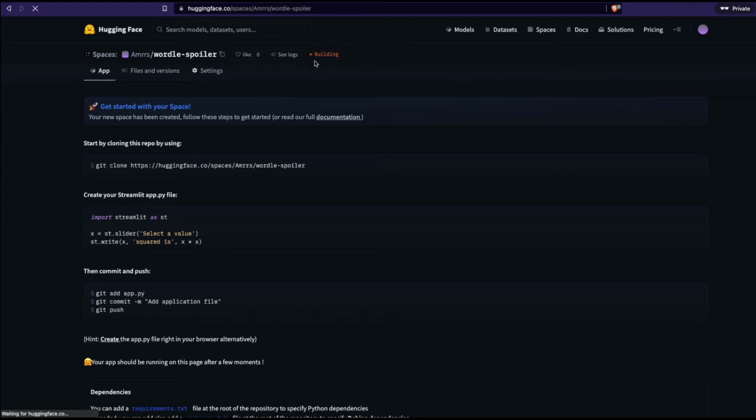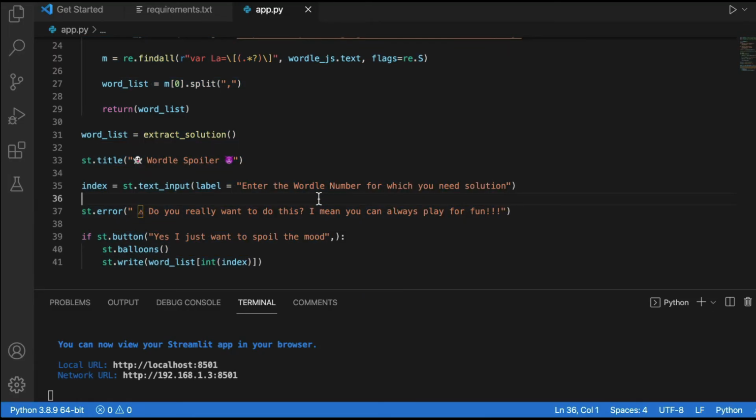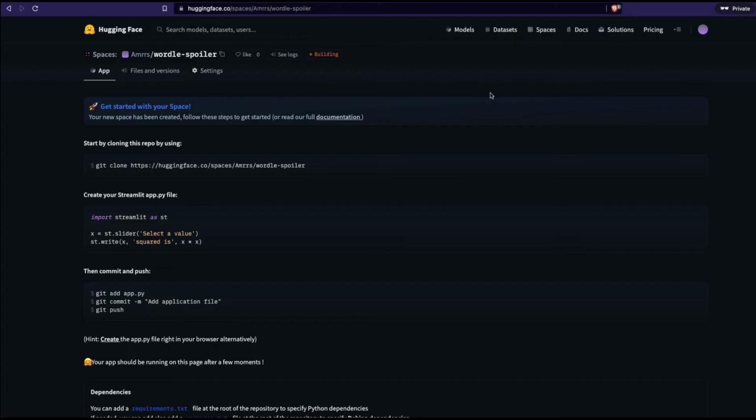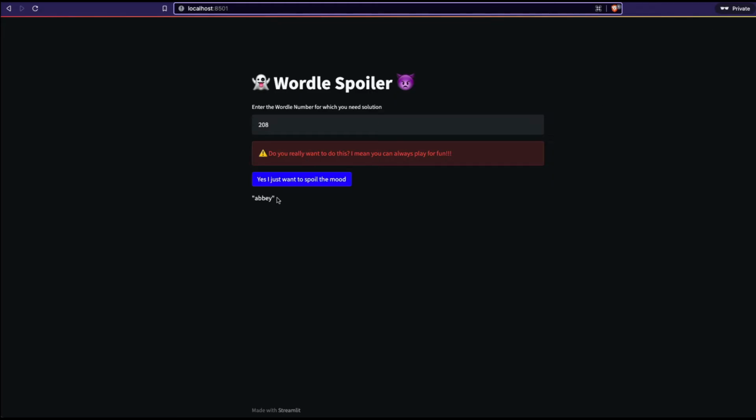It is still building. Once the building is done, you would see running here. Instead of building, you would see a green color icon here that shows running. And if you want to make enhancements, I'll give you tips on how to do that. Right now we are just printing the final name as just a name, but you can actually try to make more CSS changes and show it like a card.